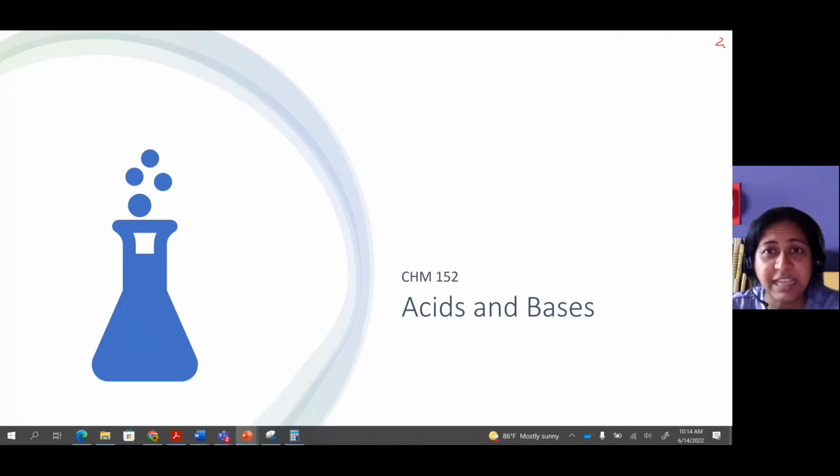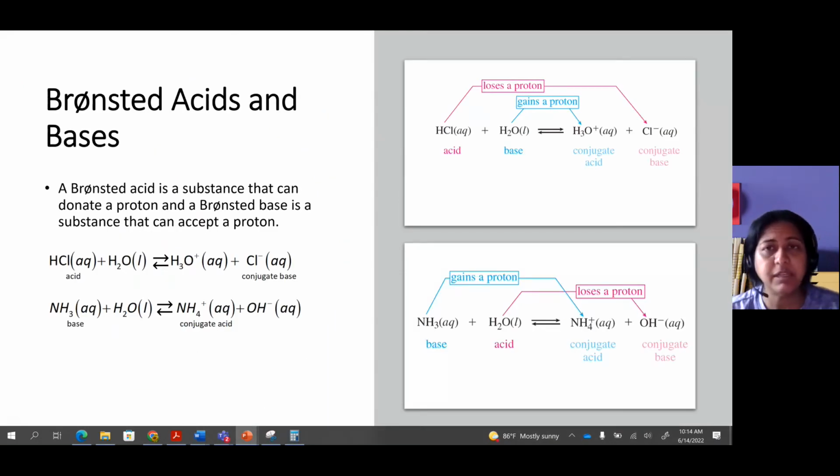Let's talk about acids and bases. In this chapter, let's start with the definition of how to define the acids and bases according to the Bronsted-Lowry theory. According to the Bronsted-Lowry theory, a Bronsted acid, or an acid, is a substance that